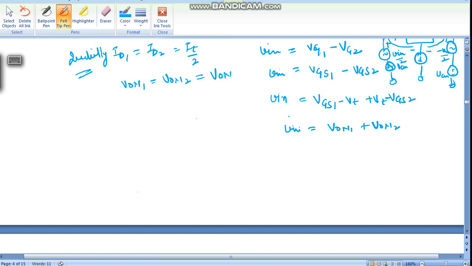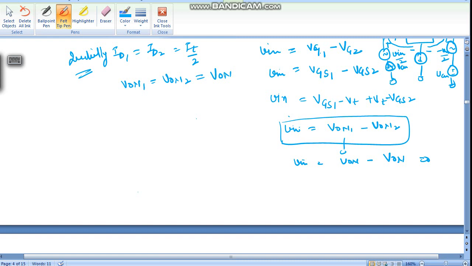So Vin is given by this equation. Initially VON1 is VON, so here the subtraction will come. VON2 is also VON, so Vin equals 0. Initially Vin is 0. Now how much Vin should we apply so that